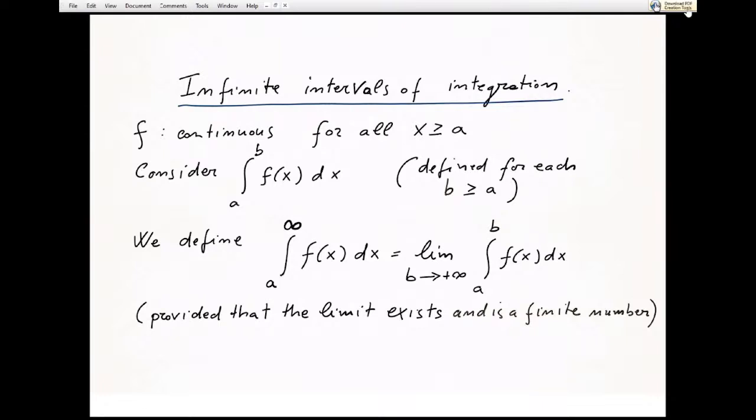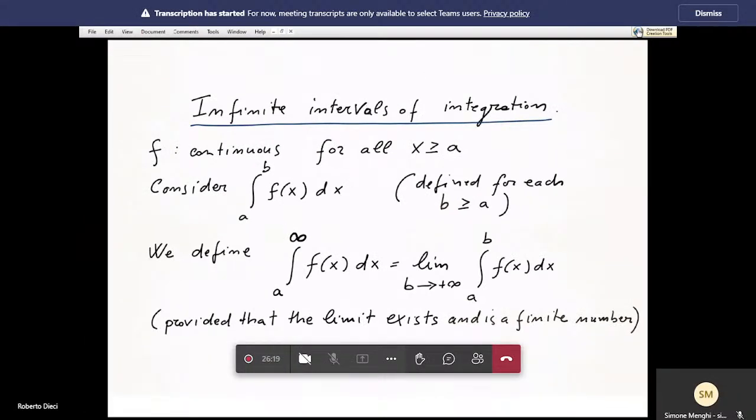Let me record. Okay, so this is about computing definite integrals over so-called infinite intervals of integration, and it has a lot of